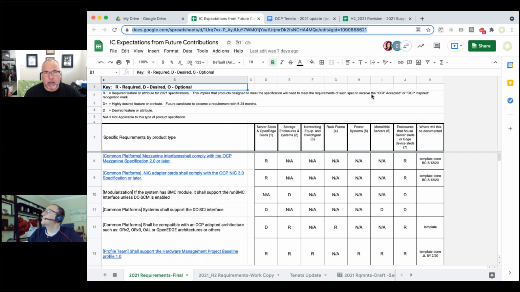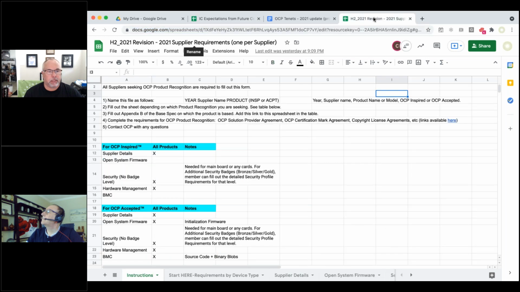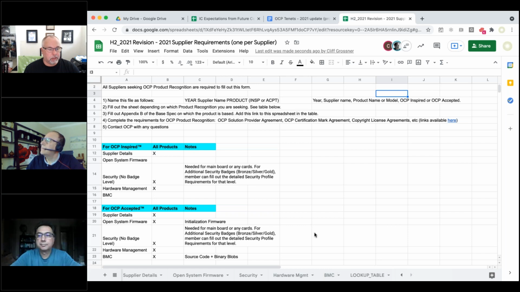On our last call we said we need to update this checklist template, which I'm sharing now, and apply some logic to it so that you can select the type of product you're contributing, and based on that it would blow out the requirements for OSF, for security, and any other projects, so hardware management, BMC requirements, and so on.